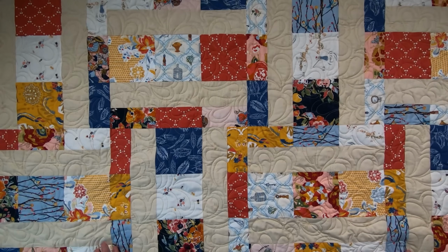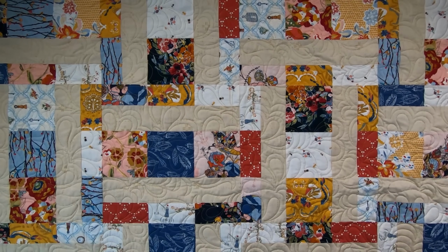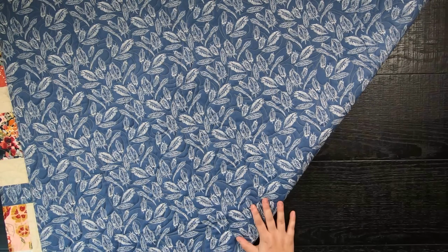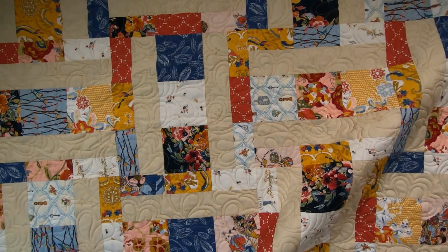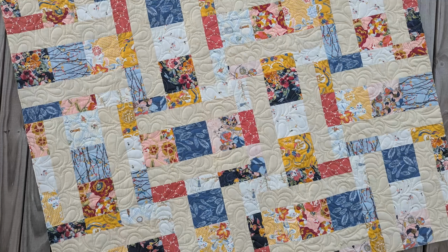And stay till the end so you can see a larger image of the completed quilt. For the backing, I went with a coordinating print, and for the thread choice, I had selected Glide threads in the color Sand. Once again, 120 5-inch squares and 1 1/4 yards of background fabric will yield you a 54-inch by